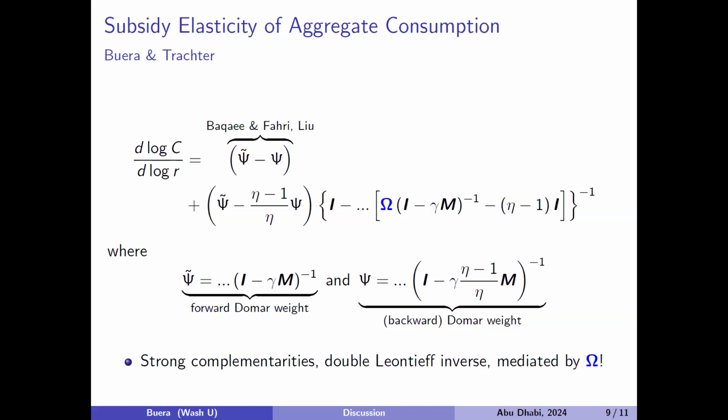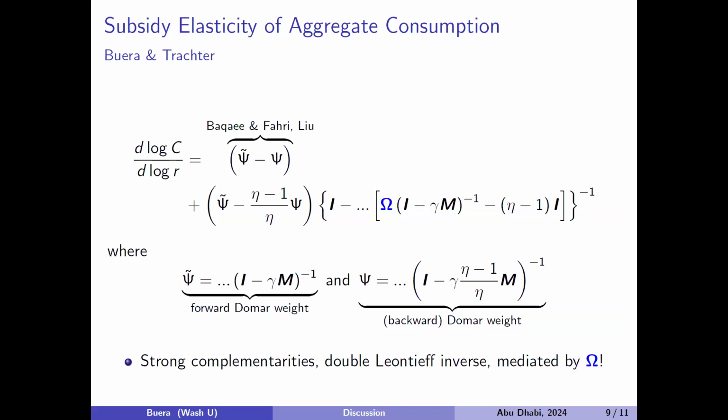And importantly, the effect of that term will be mediated by this capital Omega matrix, the investment network that Lucia and Julieta measure for us. So to understand, and that's the key, the motivation of the paper: which sectors should be targeted to promote investment and so on and so forth. And that's what the expression of this sort will give you.